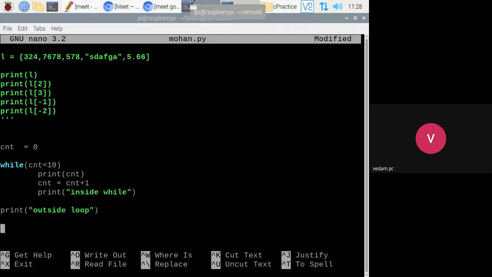So there you can observe. I have written a while loop in which I have written a condition, and here I have written three statements. First it will print, then it will increment, then it will print some string, right? Thereafter, after completing this loop 10 times, it will come out of the loop